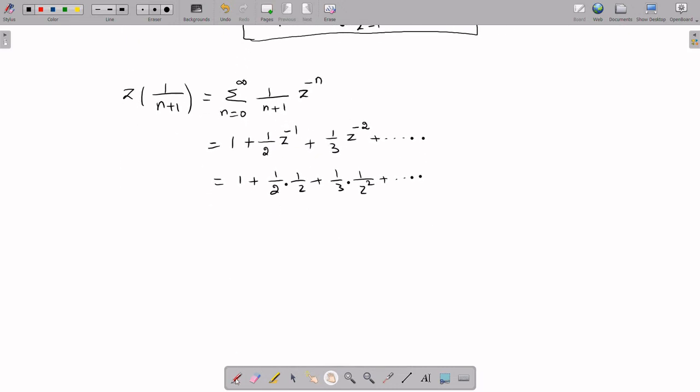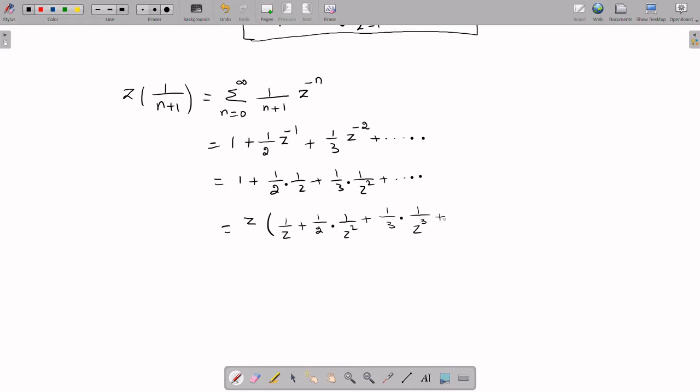So for that we need 1 by z here in the denominator, so multiply and divide by 1 by z, and the division is taken inside this bracket, inside these terms. Okay, so that 1 by z is taken inside, you have to take it outside, and the 1 by z is taken inside. 1 by z plus 1 by 2 into 1 by z into 1 by z, you have 1 by z squared, plus 1 by 3 into 1 by z squared into 1 by z, you have 1 by z cube